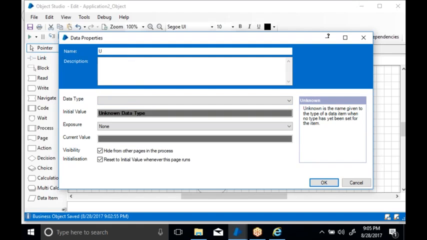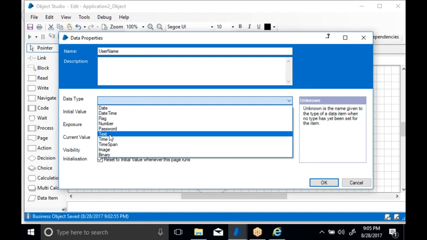Now give the data item name as username. The naming convention of data items is the name of the data item, underscore, the type of the data item. So the name is username underscore text. The type is text.